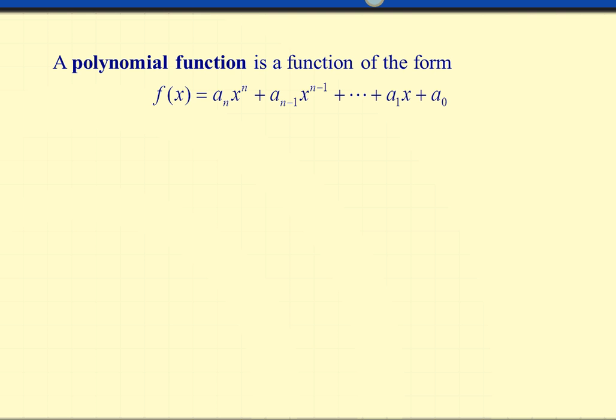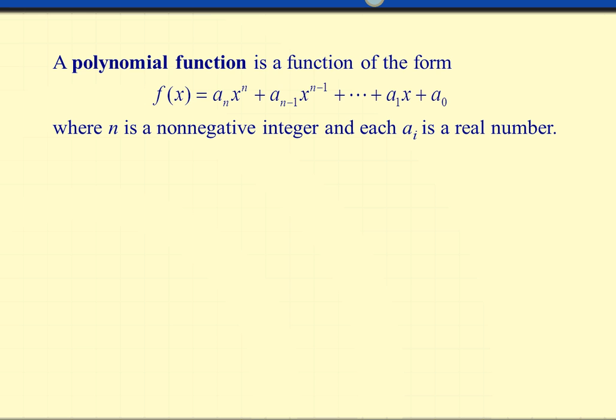And for convenience, we're assuming that the nth power is the highest power of x, and so we could have one less power, that would be n minus 1, and that a sub n minus 1 just represents the coefficient of that next lower power of x, all the way down to plus a sub 0, which is just a constant. Now, we don't have to have every power of x represented, and many times we won't,